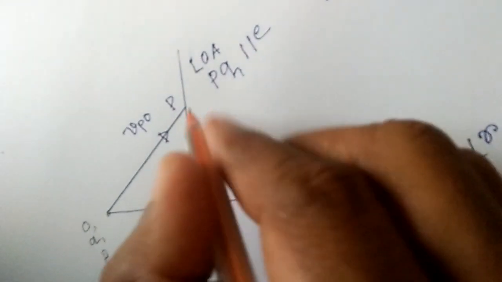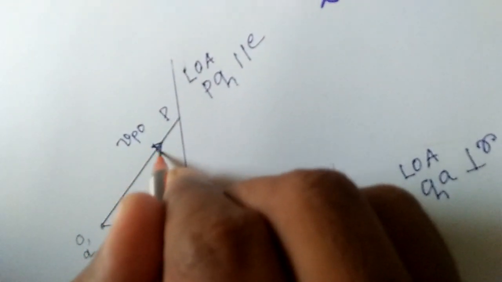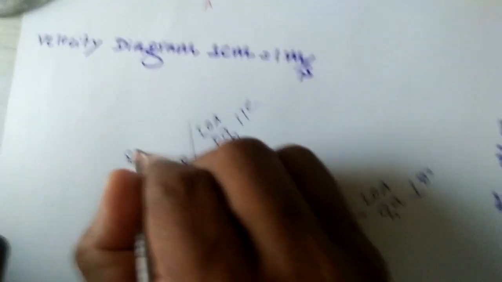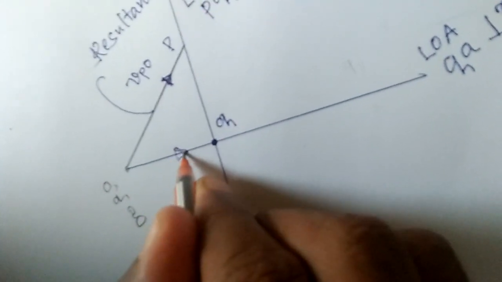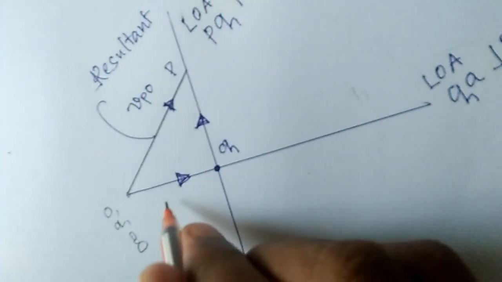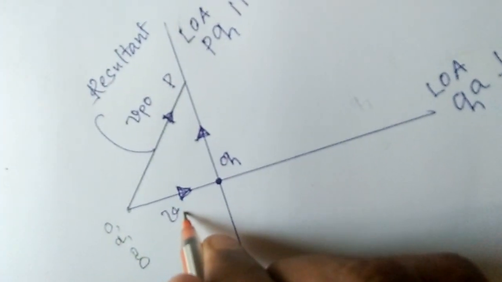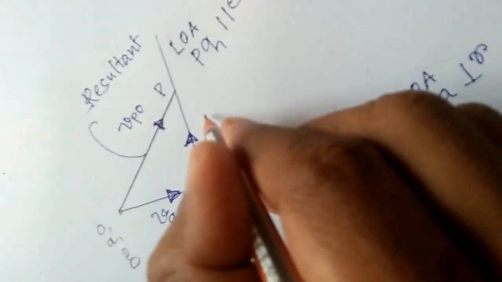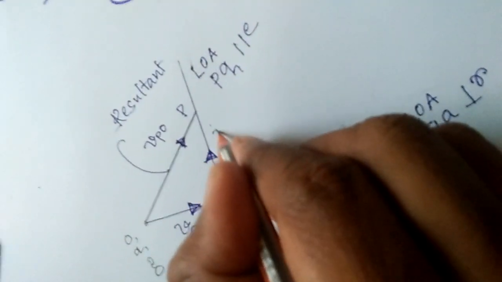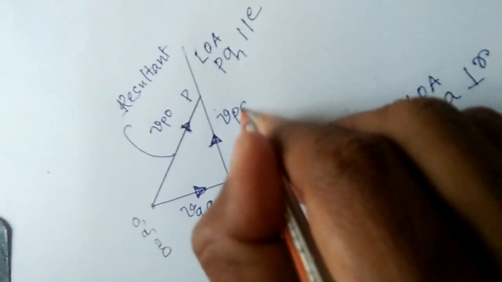I will go for the vector diagram. Okay, this is a resultant. If you consider this as a resultant, then you have to go in this way along the same line. Both should be along the same direction. Then I can say this is the velocity of Q, with respect to A also, or O also, G also. This is also what I can write, velocity of P with respect to Q.